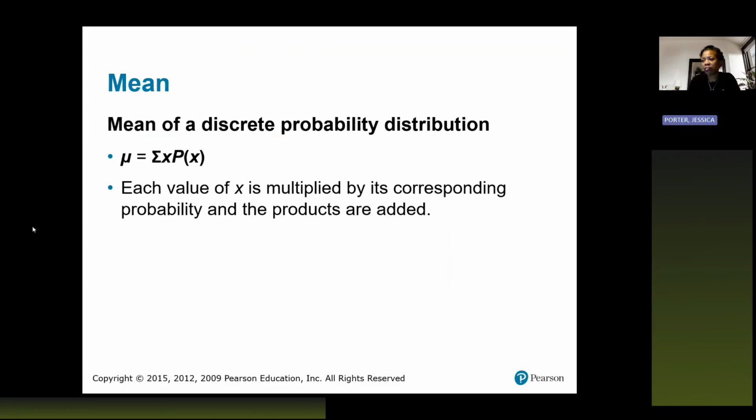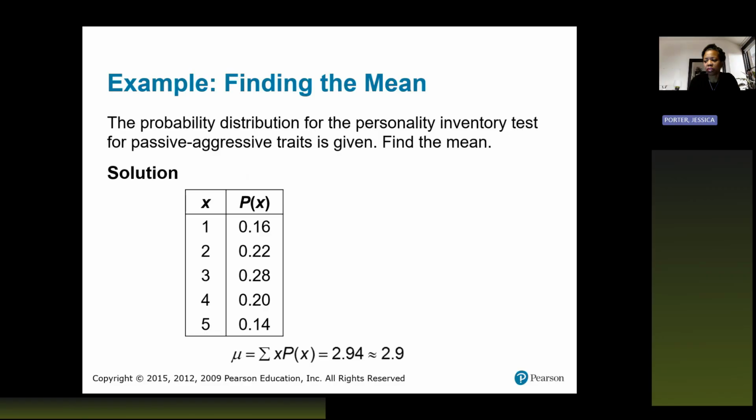So we have the mean of a discrete probability distribution, and that's going to be the sum of the x's times the probability of x. So what we're going to do is take each of these x values and multiply them by its corresponding probability of x. So what this looks like,